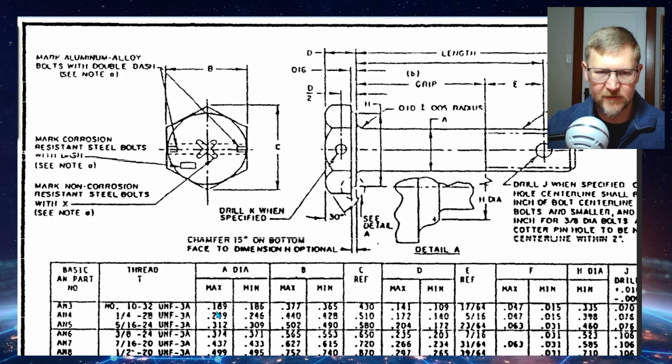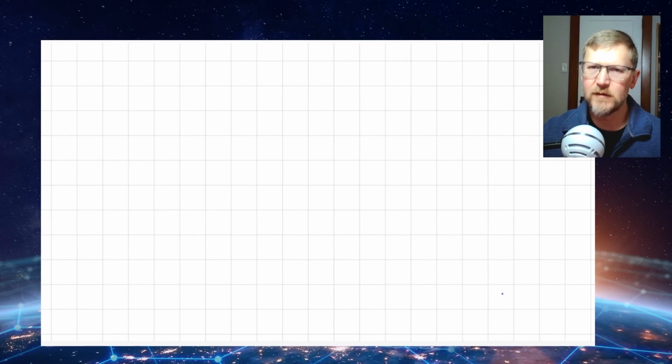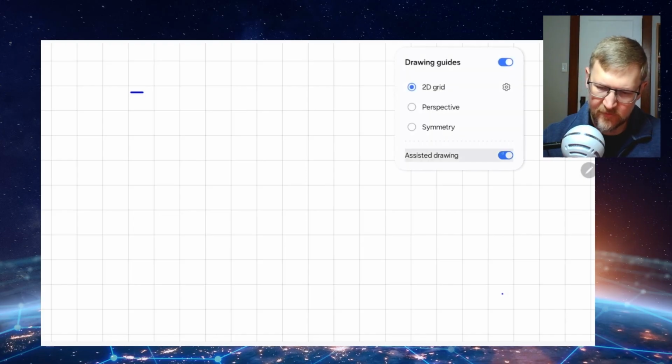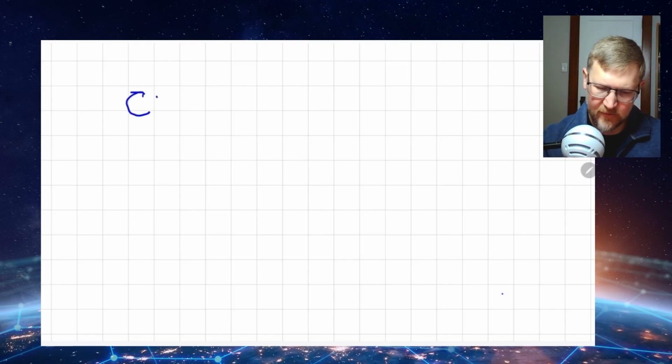So that kind of leads me to, let's talk about basically the different types of fit that you're going to come across when it comes to fasteners. There's really three major classes of fastener fit. And the first, of course, is let me see if I can turn off the assistance here because it's trying to draw straight lines. The first is going to be a clearance